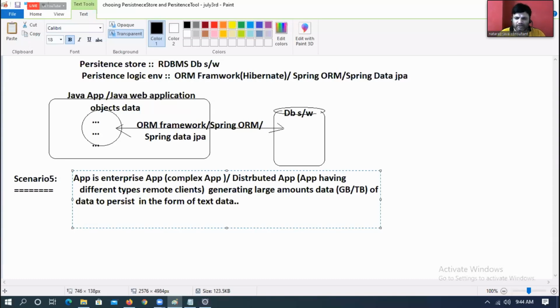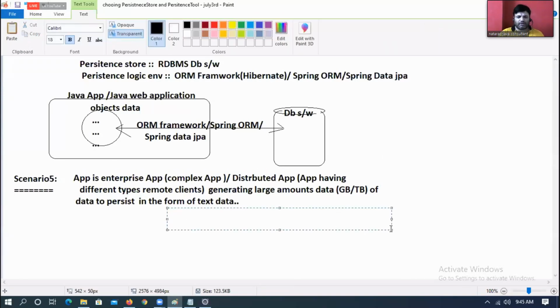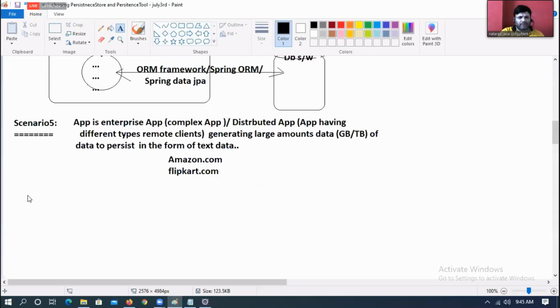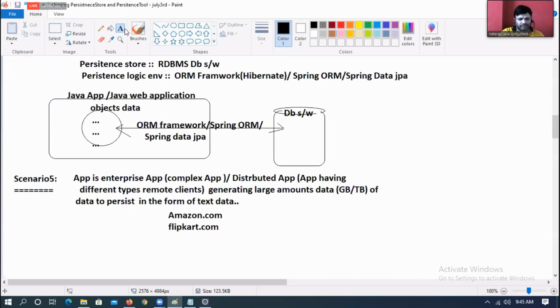I will take the example of Amazon.com or Flipkart.com. This is our scenario 5.